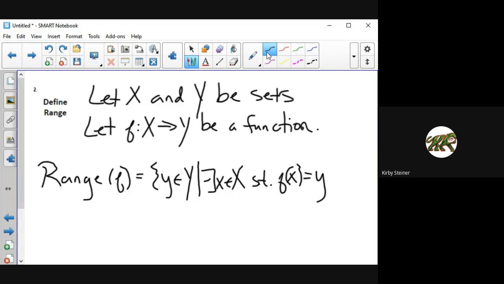Let X and Y be sets. Let f that maps from X to Y be a function. Then the range of f is the set of y in Y such that there exists an x in X such that f(x) = y. Similarly, we're going to break this into two parts. So the y in Y,